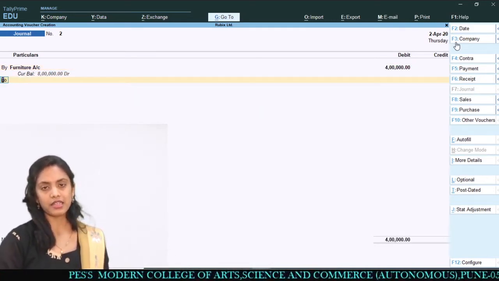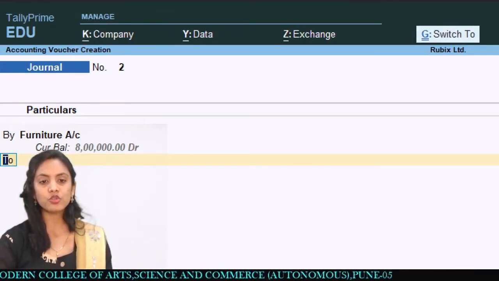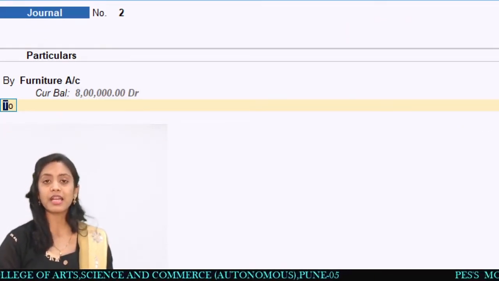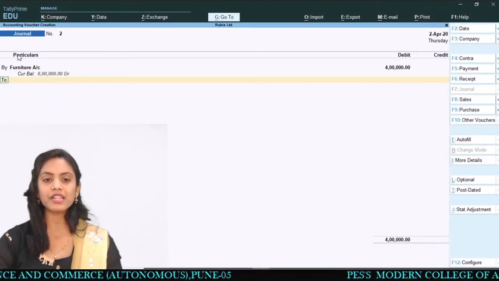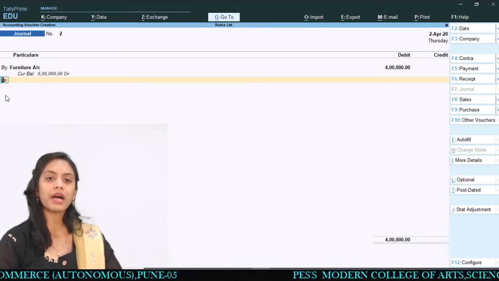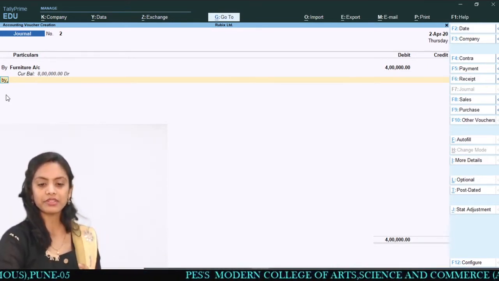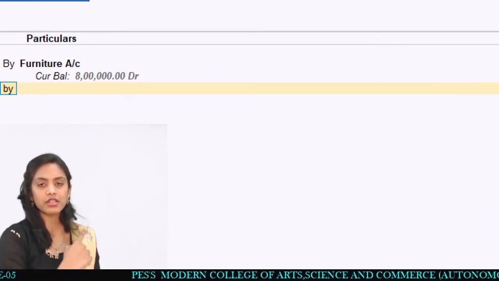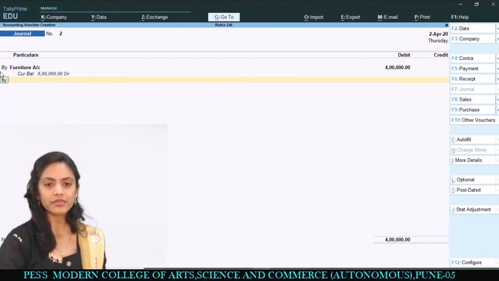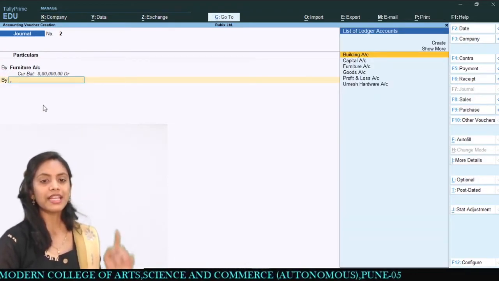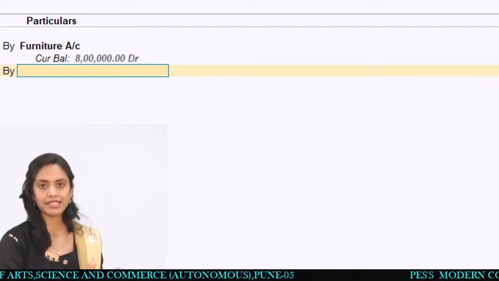And then once again, they are asking for a credit. That is the To option you can see over here. See, the To option directly came over here. But I wanted to debit something else now. So what I have to do, I just have to change this To with By. So I will directly go for By. Likewise, I have typed By over here, and automatically you can change. Okay, so when you press enter, it will come to By. Once again you want to debit something, Tally has accepted.